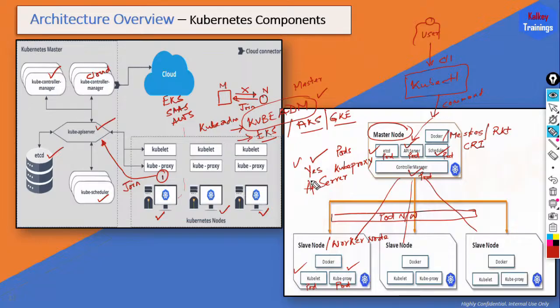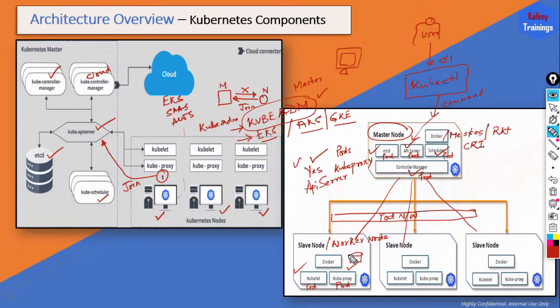Not only that, say this is your browser. You are going to access one pod having some Java application within the Kubernetes cluster. Remember, if there are three replicas, can you tell me the distribution of these three replicas of the same Java application? Let's say this cluster has one master node and